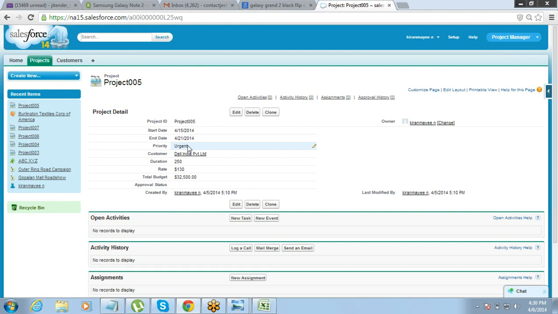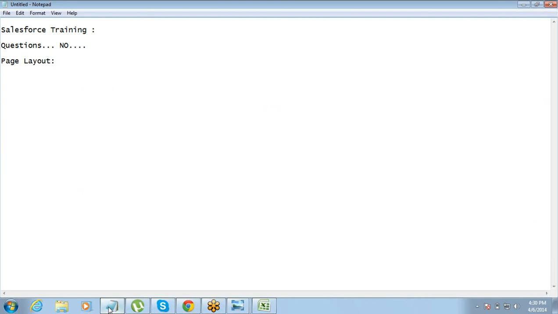Now I might have that requirement of moving. If you see here, all the fields have come on the left hand side. This right hand side is completely blank. I don't want it to look like this. I want a few fields to be moved from left side to the right side, right? So that is where I can take help of page layout option, where I can go and change the page layout. So page layout helps you first of all do the field positioning, which field where you want, okay?